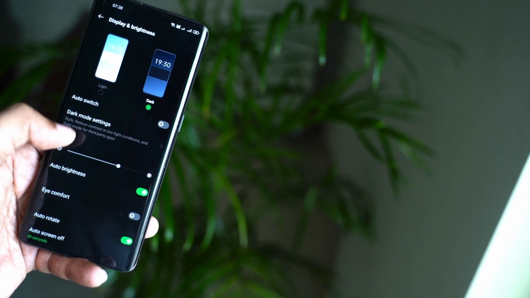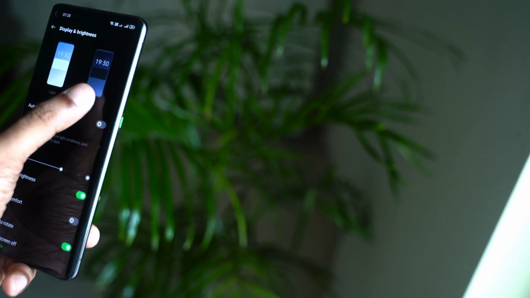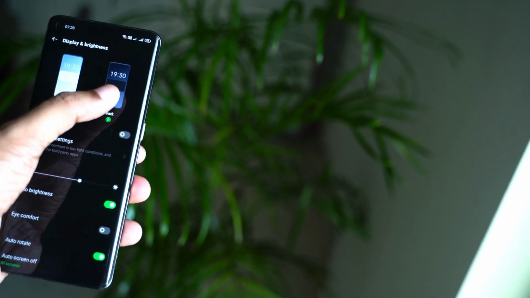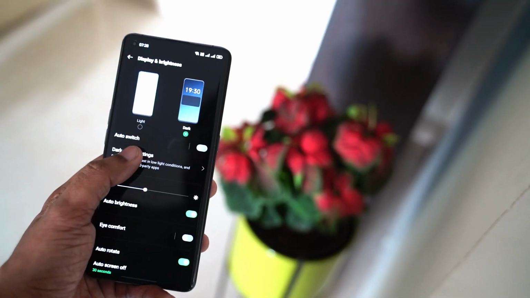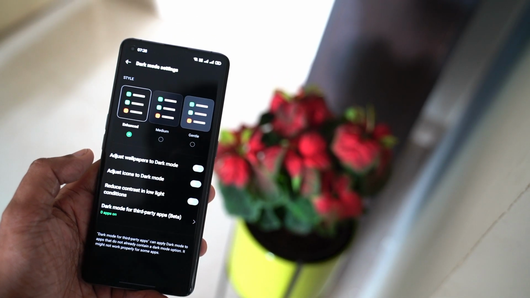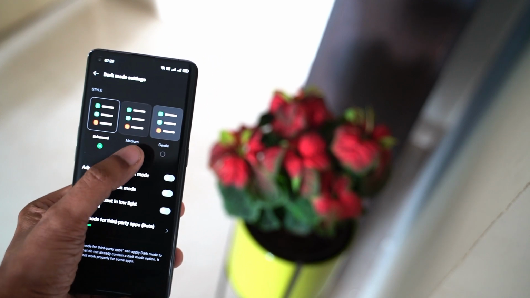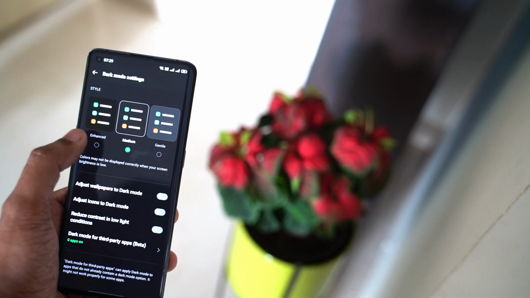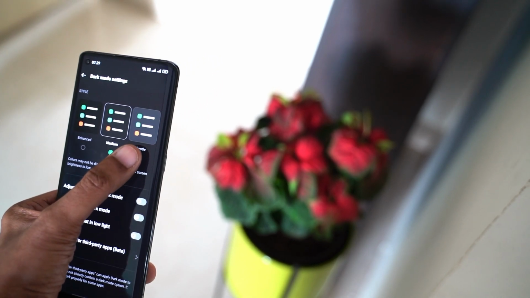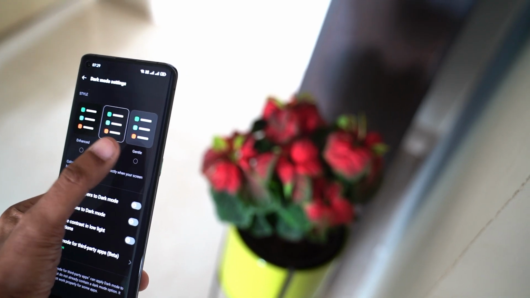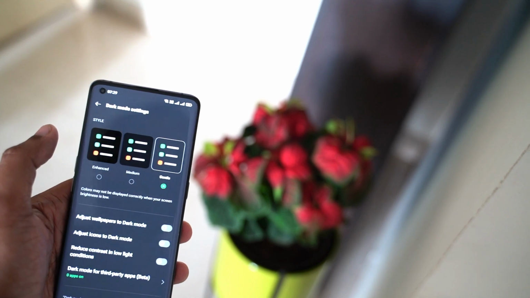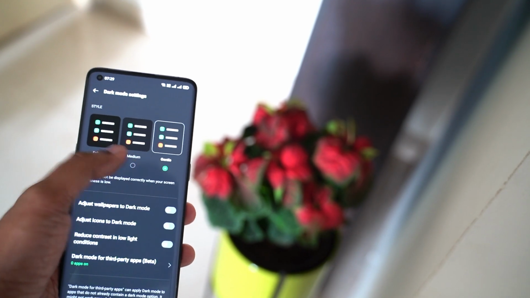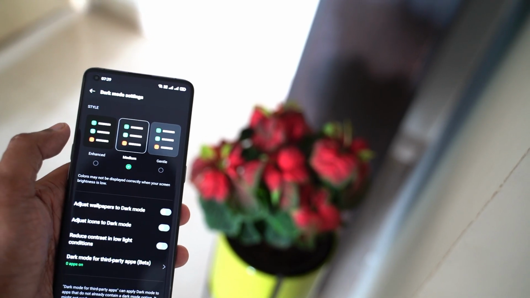And one more big feature inside the customization feature is the enhanced dark mode that is available now in this ColorOS. If you go into the display and brightness setting and select the dark mode, you'll see there are two basic settings available, that is a light and a dark mode. But there is another setting below that, as you see, that is a dark mode settings. Once you click that, there is a lot of customizations available to cater to your dark mode preferences.